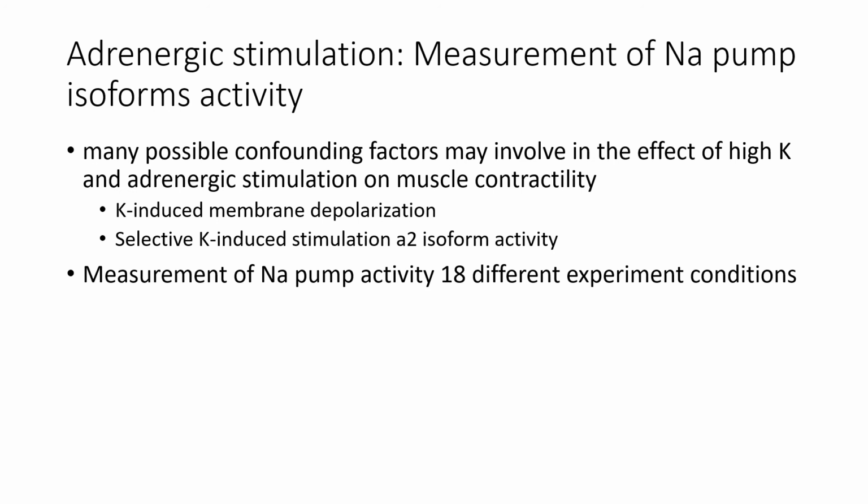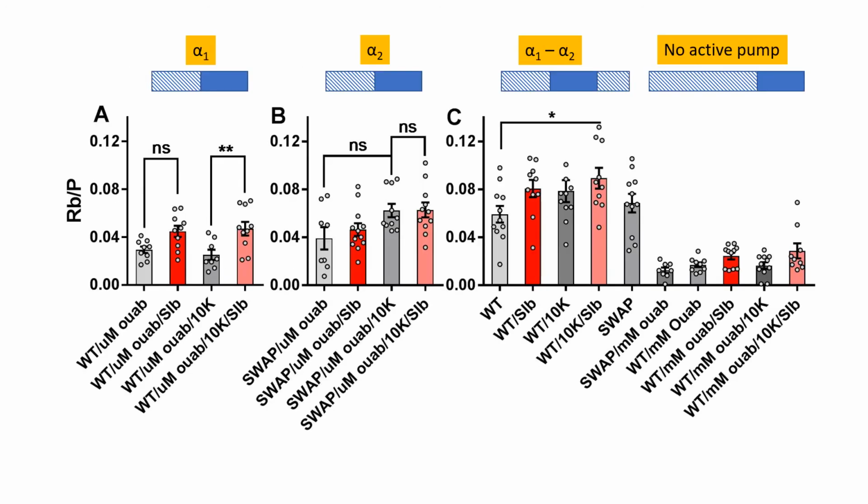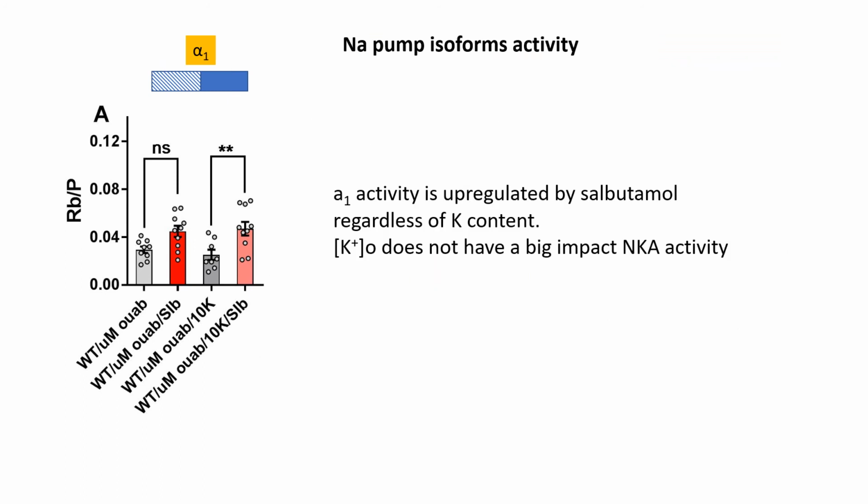which we mentioned before. To avoid these confounding factors and to reduce their effect, I measured sodium pump activity directly in 18 different experimental conditions in myofibers. What we have here is a rubidium uptake. It's not contraction anymore. Rubidium uptake by alpha 1, alpha 2, alpha 1 and alpha 2 and non-specific transporters, in high versus low potassium with or without salbutamol treatment. Let's look at each of them